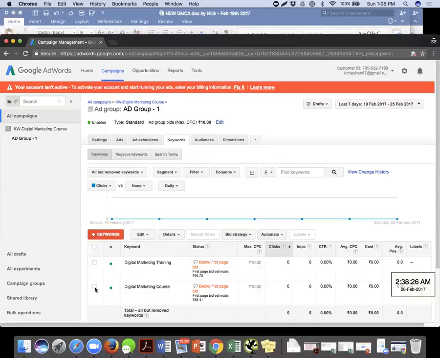And there is also something called conversion mapping. So conversion, which I was talking about, is how you get to know whether conversions are happening or not. Google will not give you that straight away. You have to inform Google what the definition of conversion is for you. Is it a sale on your website? Is it a form fill up? Is it a video watch? Is it just a particular person landing on your website? You call that in.